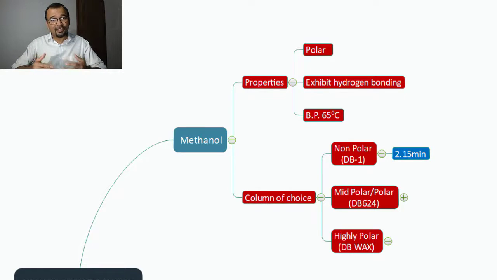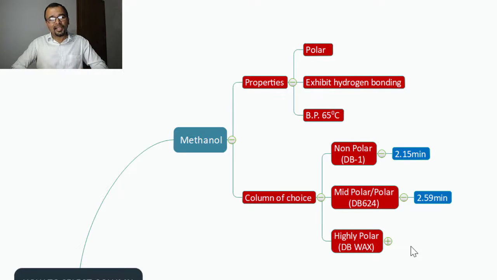And because of that, you can expect that methanol can get retained for at least some longer time as compared to the DB1. And let us have a look at the retention time, 2.59 minutes. So you can see that the retention time of methanol has slightly increased just because of what? The addition of cyanopropyl phenyl, which has now brought the dipole-dipole interaction or the hydrogen bond interaction with the methanol, and that has led to a slight increment in the retention time of methanol.